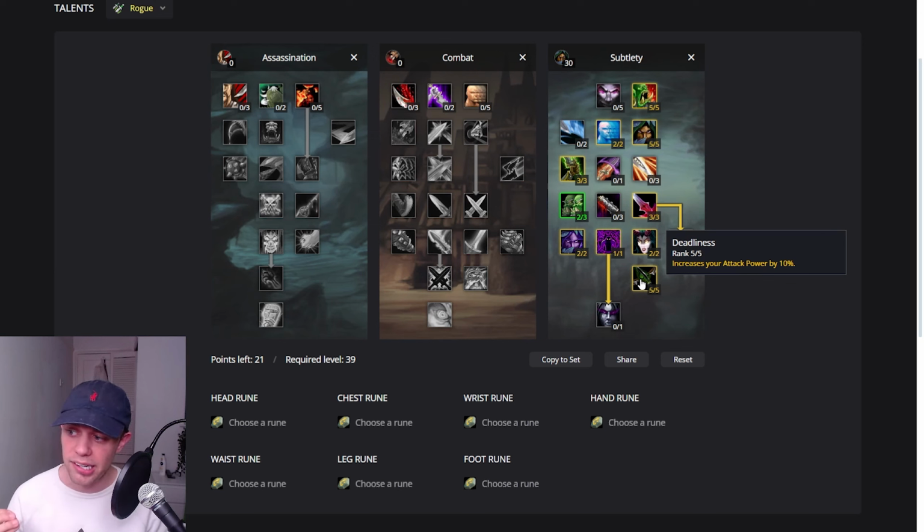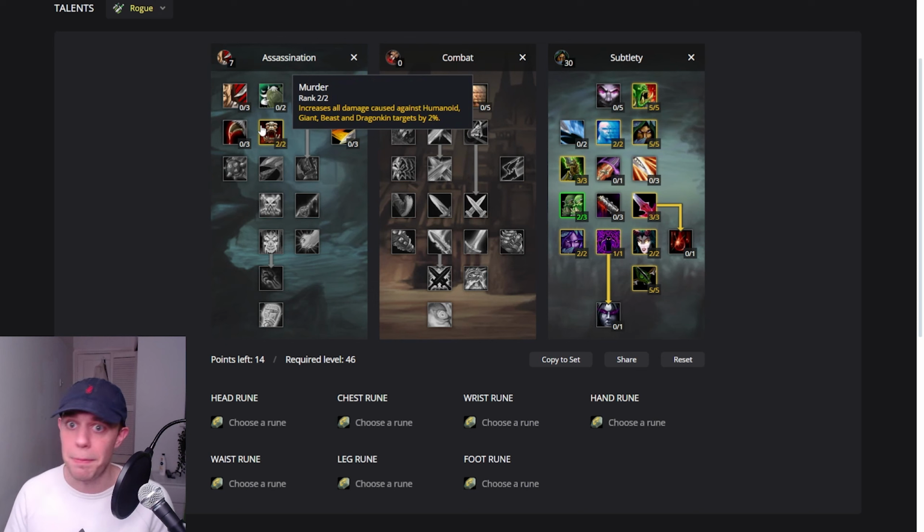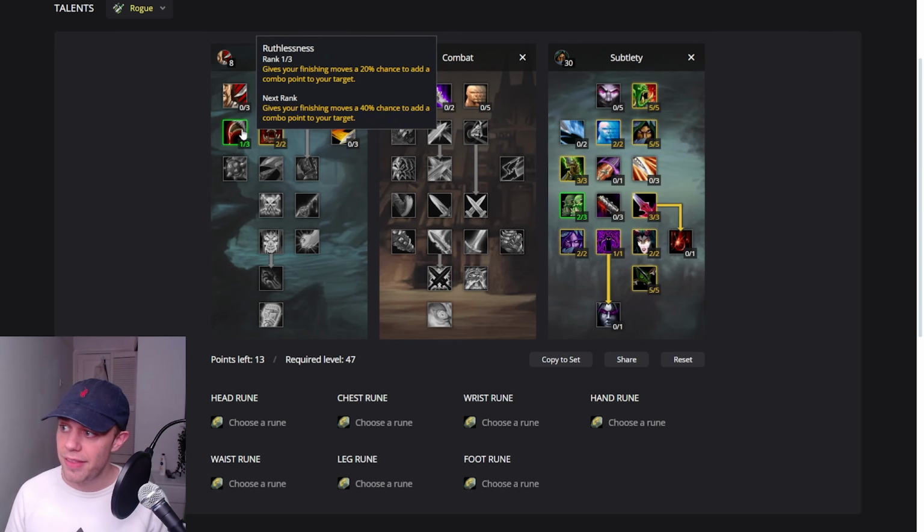This takes us up to level 39, and we've got 11 points to go. This is mostly going to be going in the Assassination tree, with 5 out of 5 into Malice, increasing our crit chance by 5%, which is obviously a really big amount. 2 out of 2 going into Murder, increasing all damage caused against humanoid, giant, beast and dragonkin targets by 2%, and then a further 3